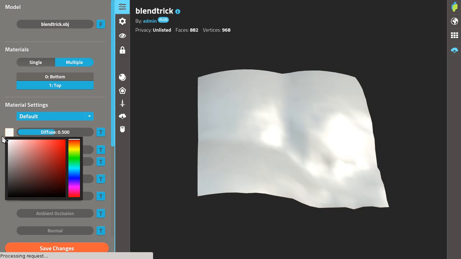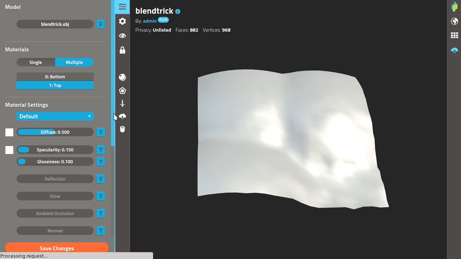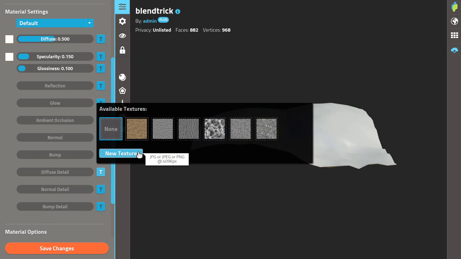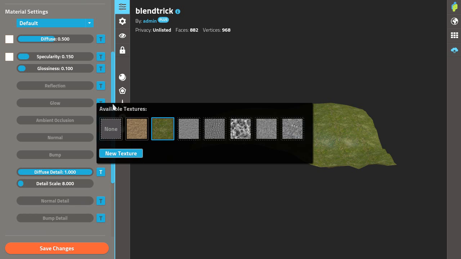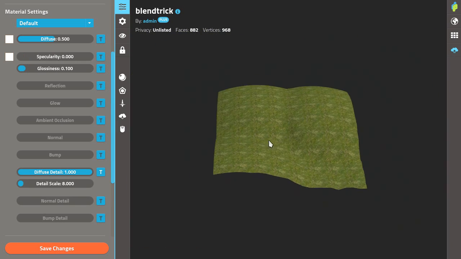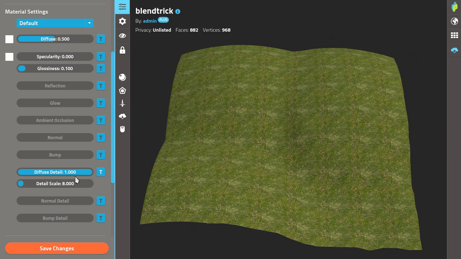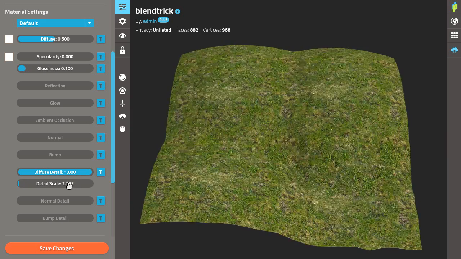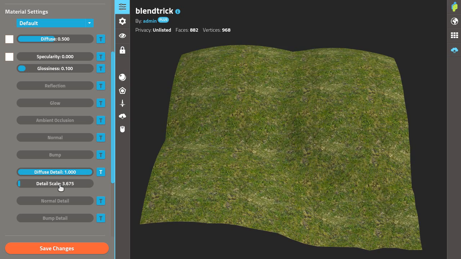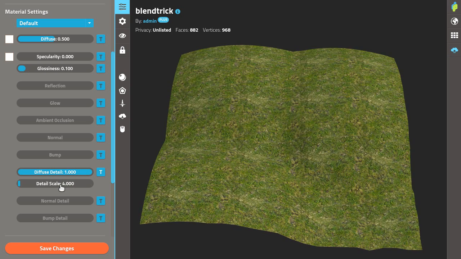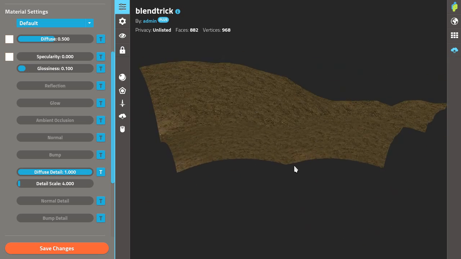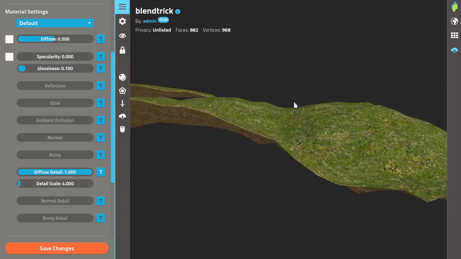So diffuse to white to prevent any weird multiplication, and diffuse detail to the green grass texture, and again the specular, let's set it to 0, and let's lower the repetition value, the detail scale, to maybe 4, or let's try it like this. So what we have now is a 2-layered